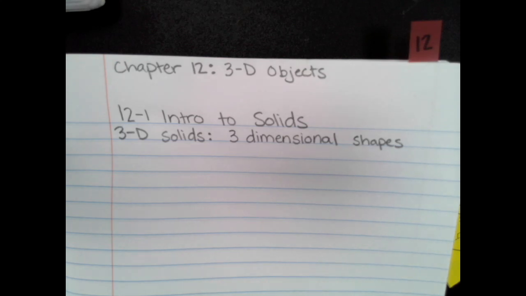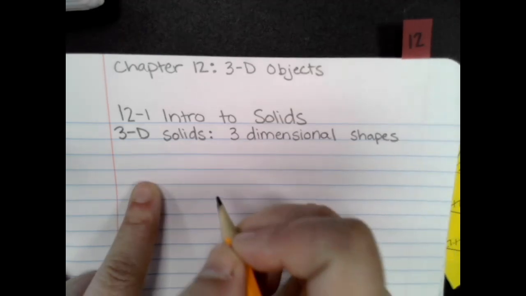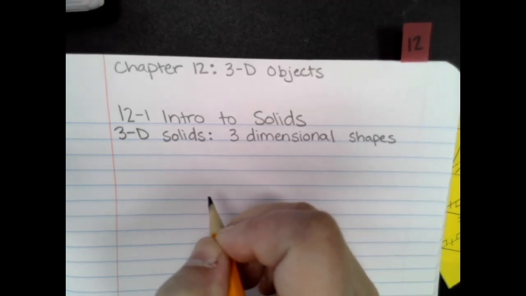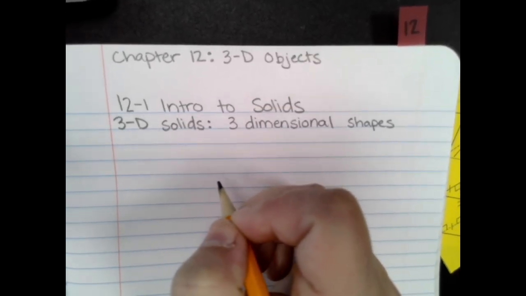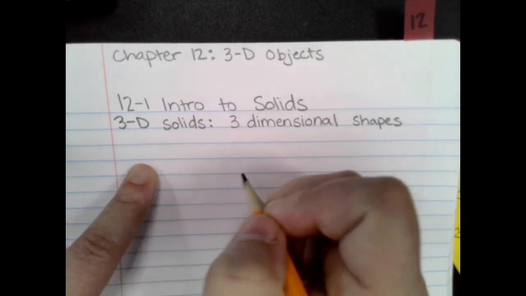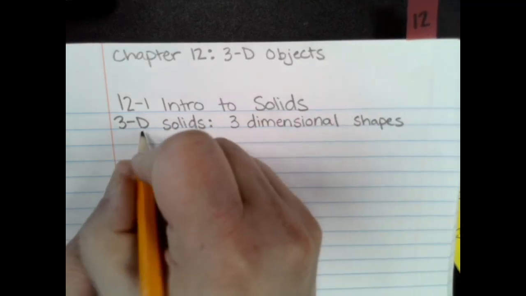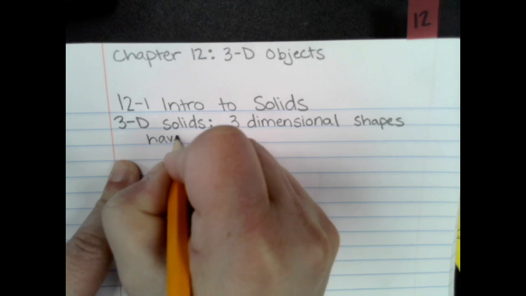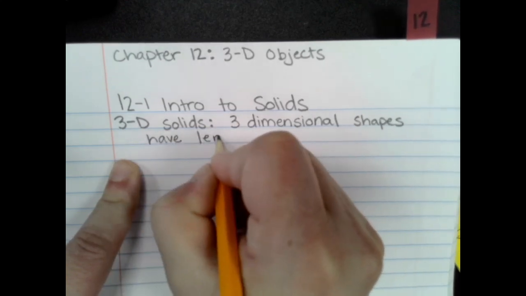Okay. Three-dimensional shapes that have length, width, and height. So there's three parts to them. They have length,